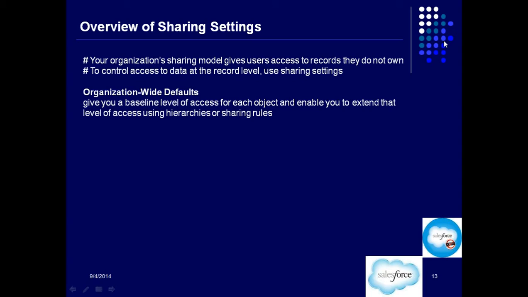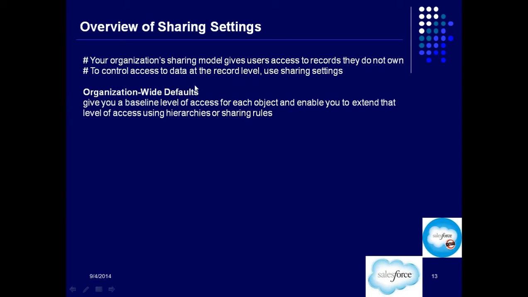So when I own 100 accounts, I am the owner and I will get to see those 100 accounts, and that's absolutely fine. The data that you own, you will definitely get to see, because that is your own data. Now the next question that should come to mind is: will I get to see the data that Anuj owns? Will I get to see the data that Hemant owns? Do I get to see only my data or do I get to see others' data also? That depends on OWD.